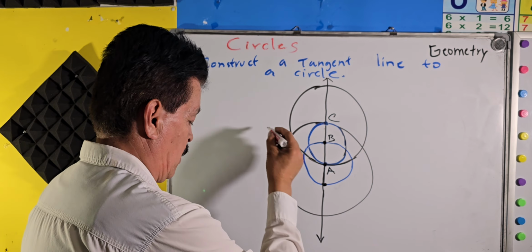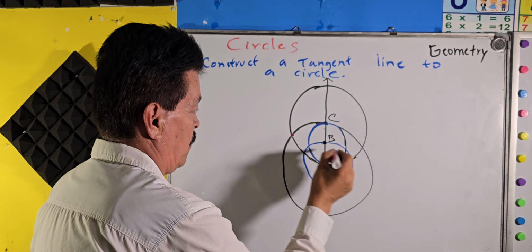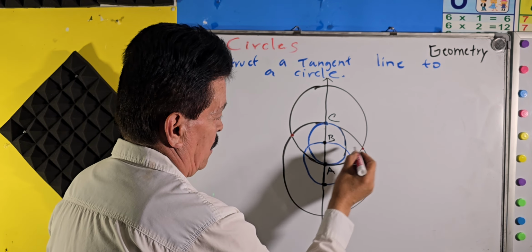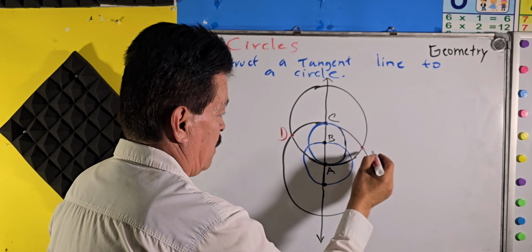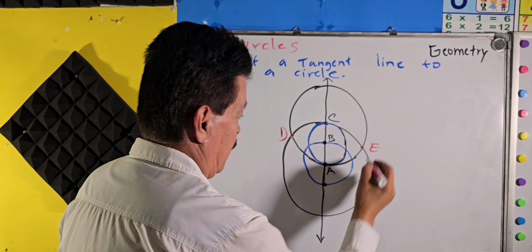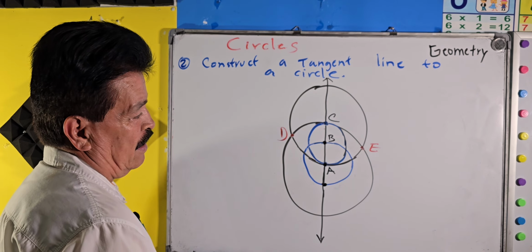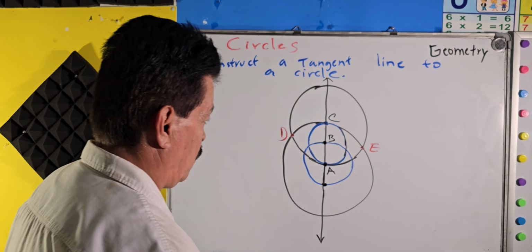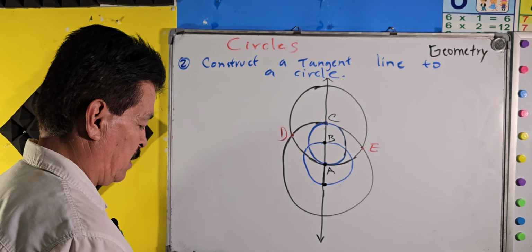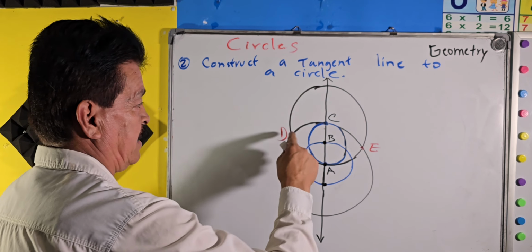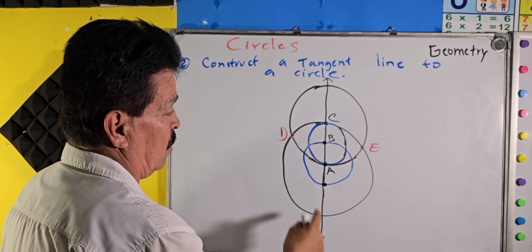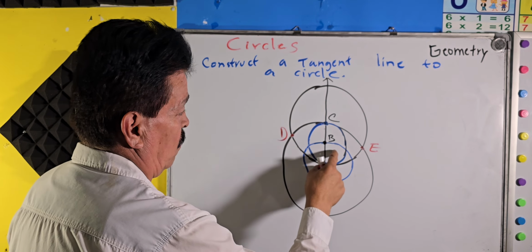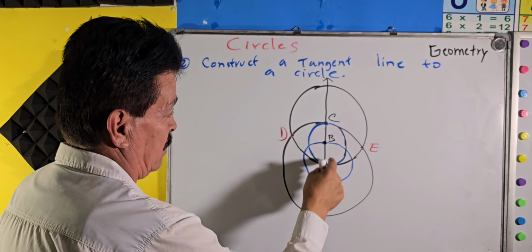It's another point, it should be D. Another should be E. Okay. You have those two more points. So now, since C and D are both on the circle O A, in this same circle,